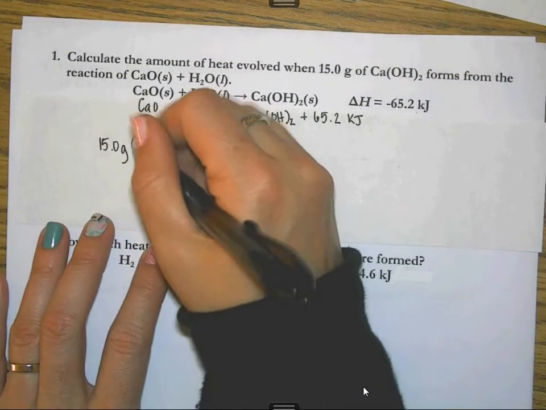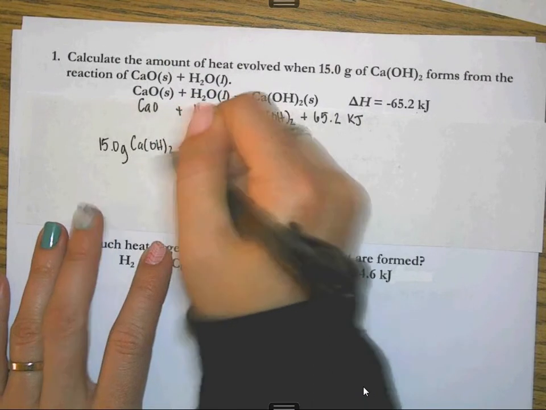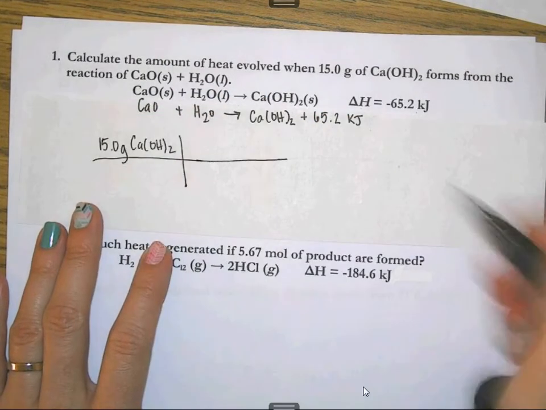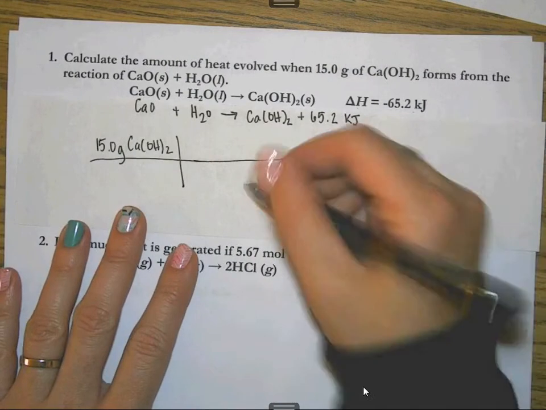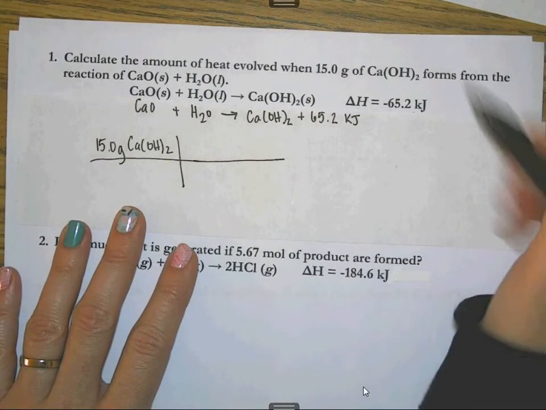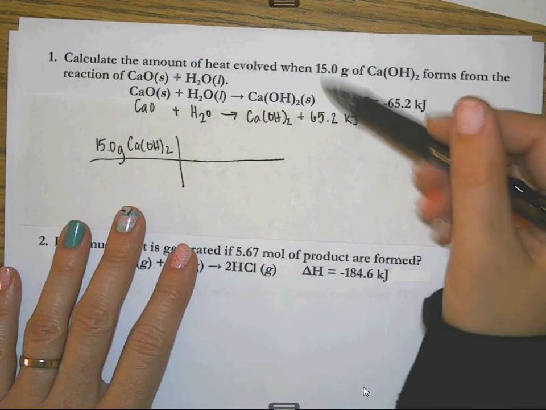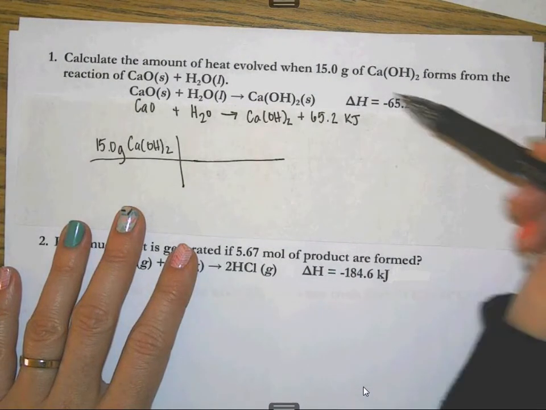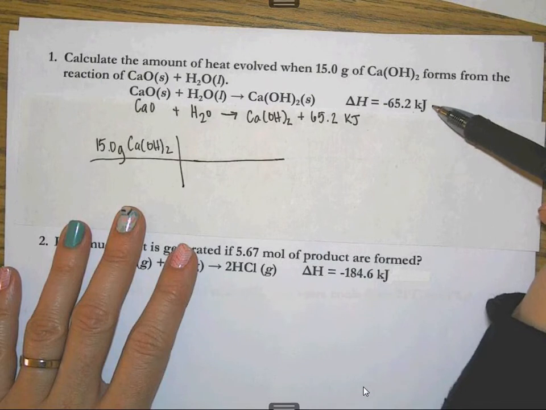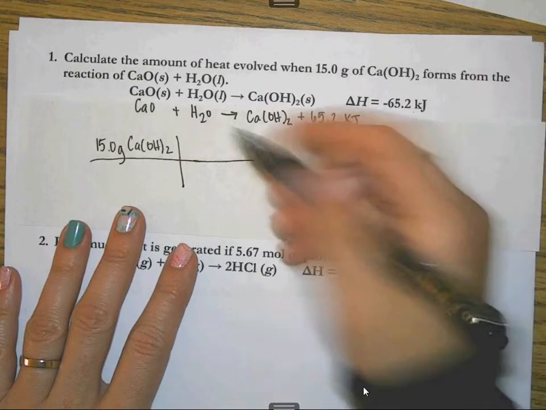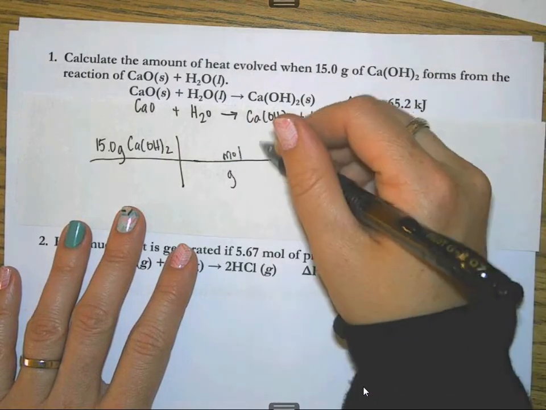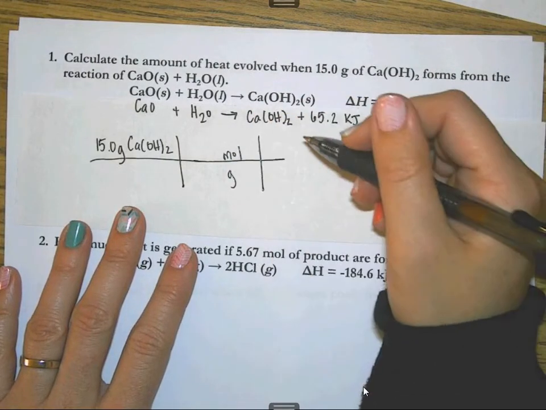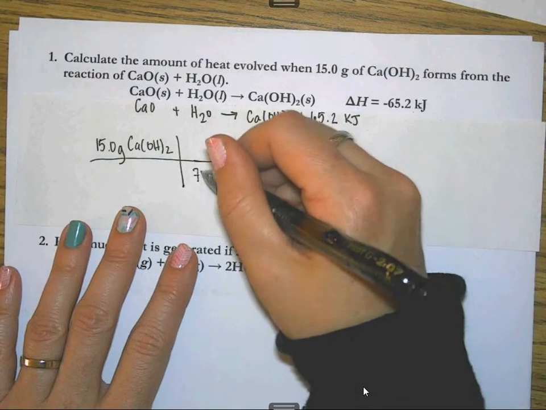So the question asks me if I have 15.0 grams of calcium hydroxide, how much heat is evolved or how much heat is produced. So the first thing that I'm going to have to do is go to moles, because when I just did this, I was talking about 1 mole of a substance making this many kilojoules of heat. So I'm going to have to convert grams to moles,